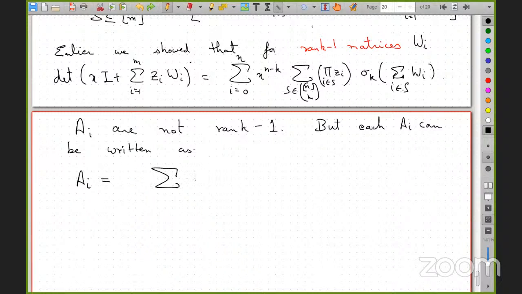There is some finite set. Let Li be the number of entries in omega I. And for this, the J thing, I have this Vij stuff,